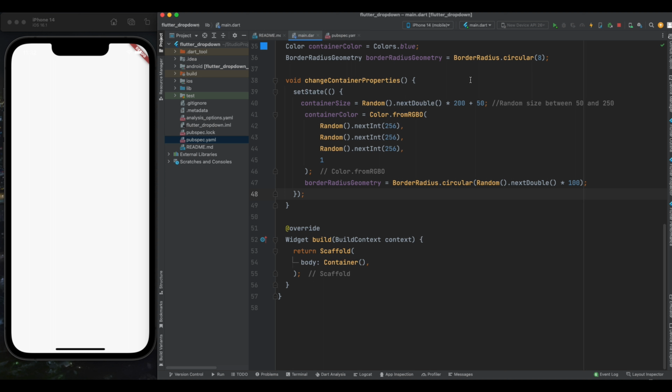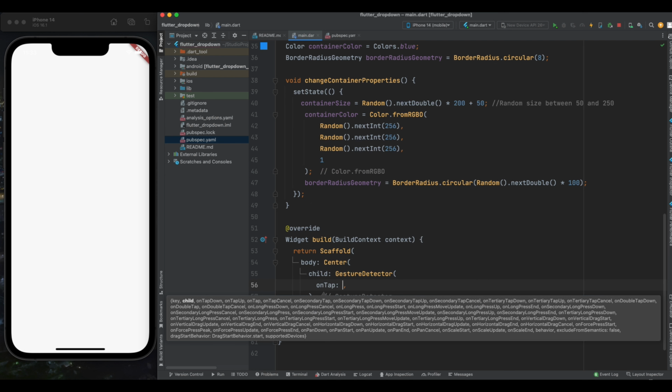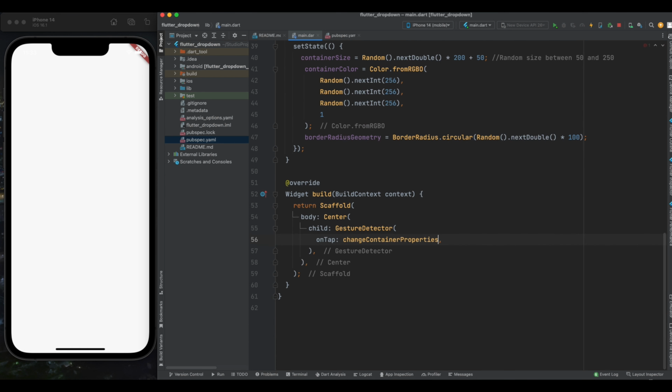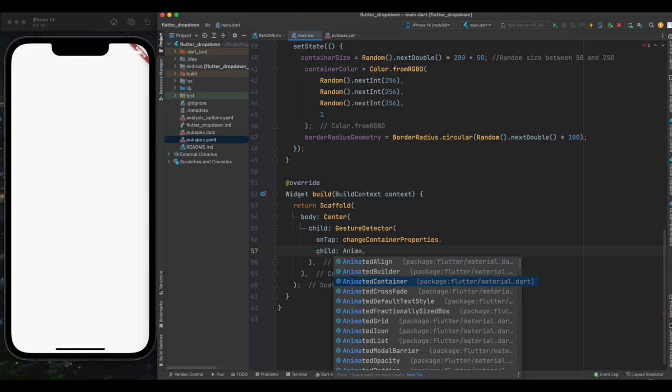Now come in this build method and remove the container from here and make use of center widget. And for its child write gesture detector so that whenever we tap onto this, then we can call our change container properties method. So inside on tap callback, call our method and for its child, write animated container, and